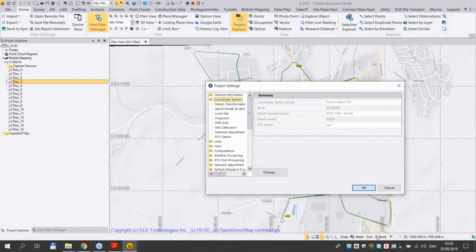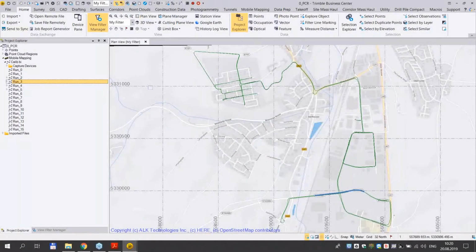So as you might know, our mobile mapping system was in UTM coordinate system, so you should be aware that this coordinate system has to be selected before starting the importation. Then we necessarily need to save the project before we continue with any processing in TBC. So by having the